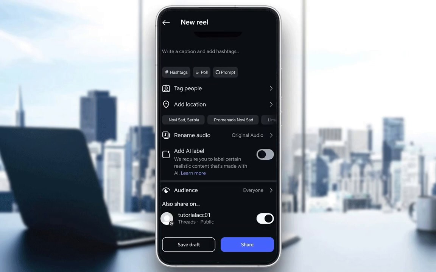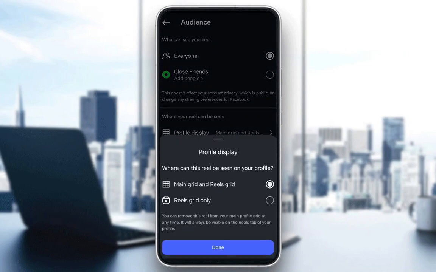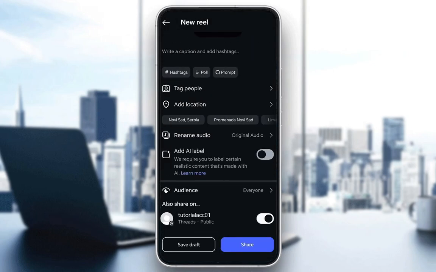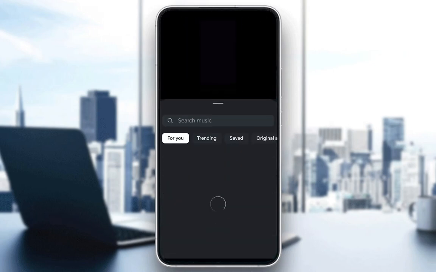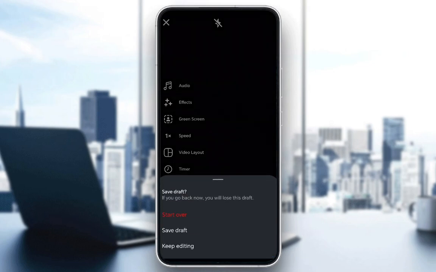And then you can also set up the profile display. Also, you can set it to either main grid and Reels or just the Reels grid only, depending on your wishes. Now, I'm not going to do anything with this Reel right over here,